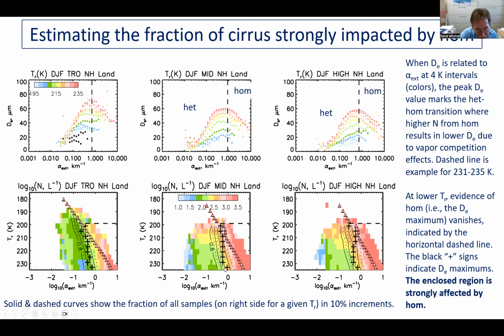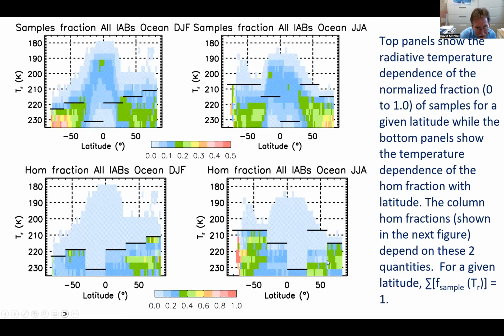So that region that's bounded by the plus on the horizontal line is the homogeneous region. So all the samples or the pixels in that region are considered homogeneous cirrus clouds, or strongly hom-affected cirrus clouds. And when we plot that, we can get this result here. The number of samples are shown in the upper panels. They're normalized to unity. And then the lower panels are showing the actual fraction of homogeneous affected cirrus clouds, which I'll just call